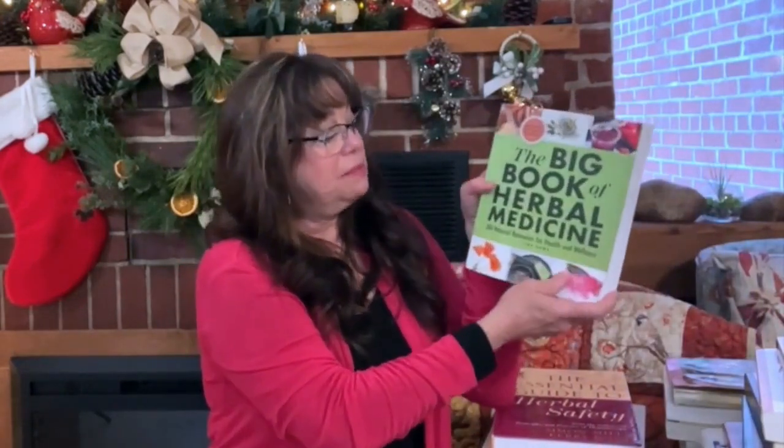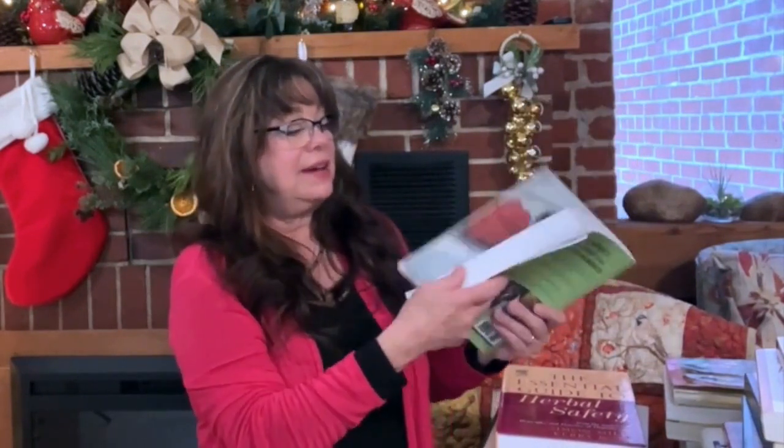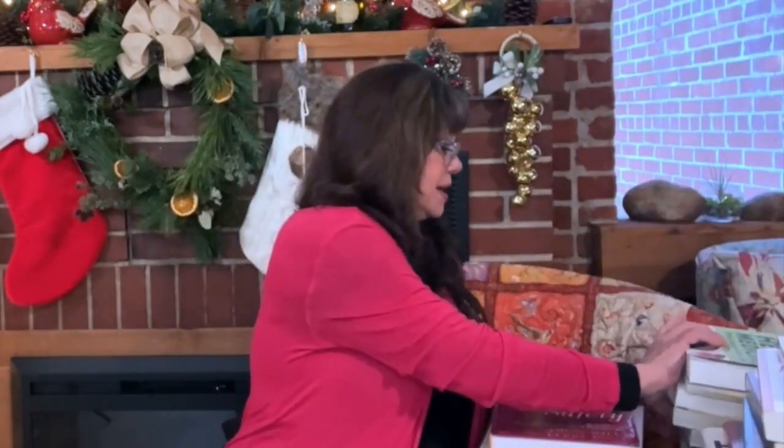Tina Sam's book, The Big Book of Herbal Medicine, I haven't really used this one very much, but it's nice for beginners as well. A lot of recipes in here. And then we've got,